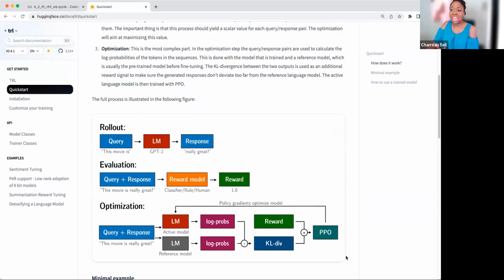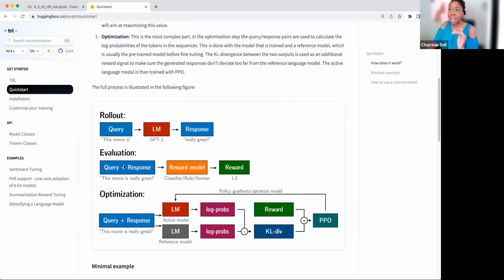You're going to see a lot of this going through the documentation. It's going to mirror what we saw in that blog entry, just expressed a little bit differently. Here we have a straight pre-trained language model, and then we have this reward model that we actually generate.